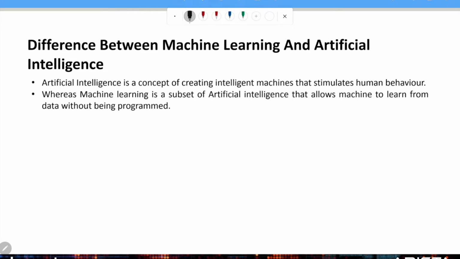So this is a common thing that everyone will be having. What is the difference between machine learning and artificial intelligence? Let's start with machine learning itself. So machine learning is about making a machine to learn by itself, feeding so much of data and learning by